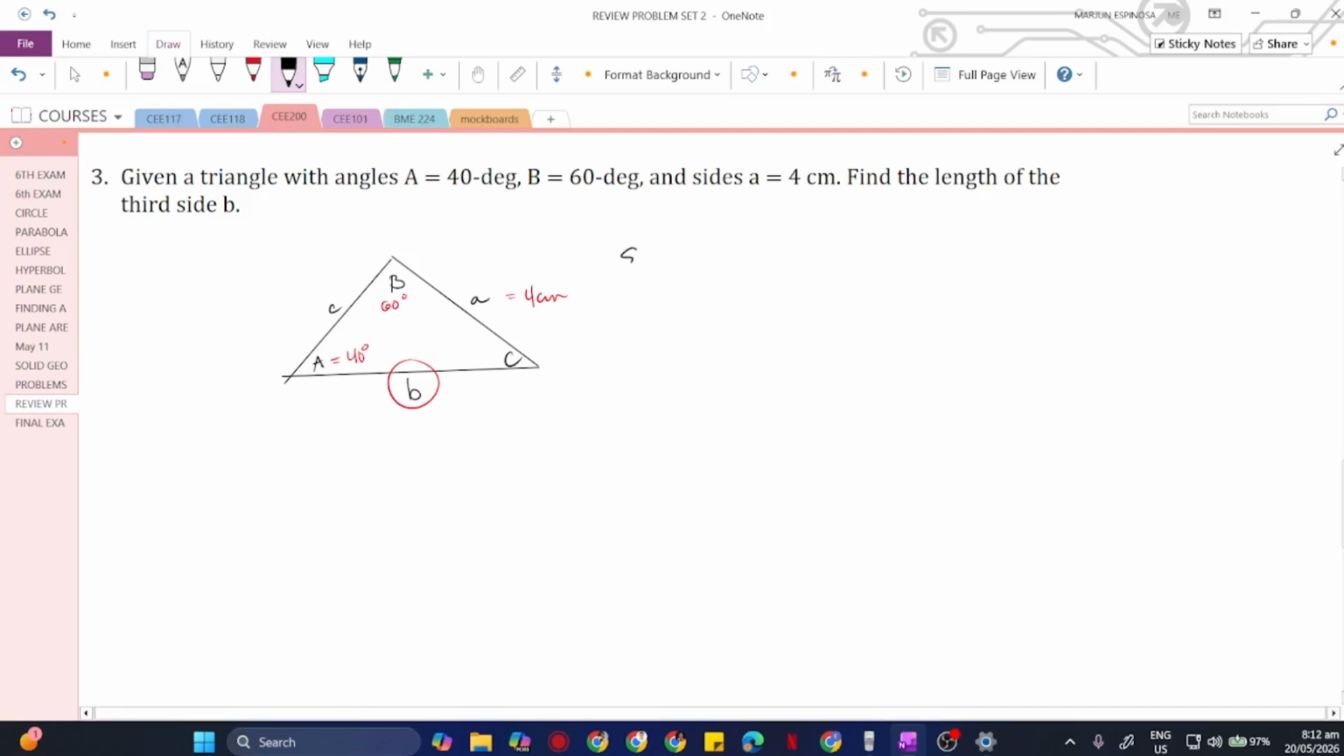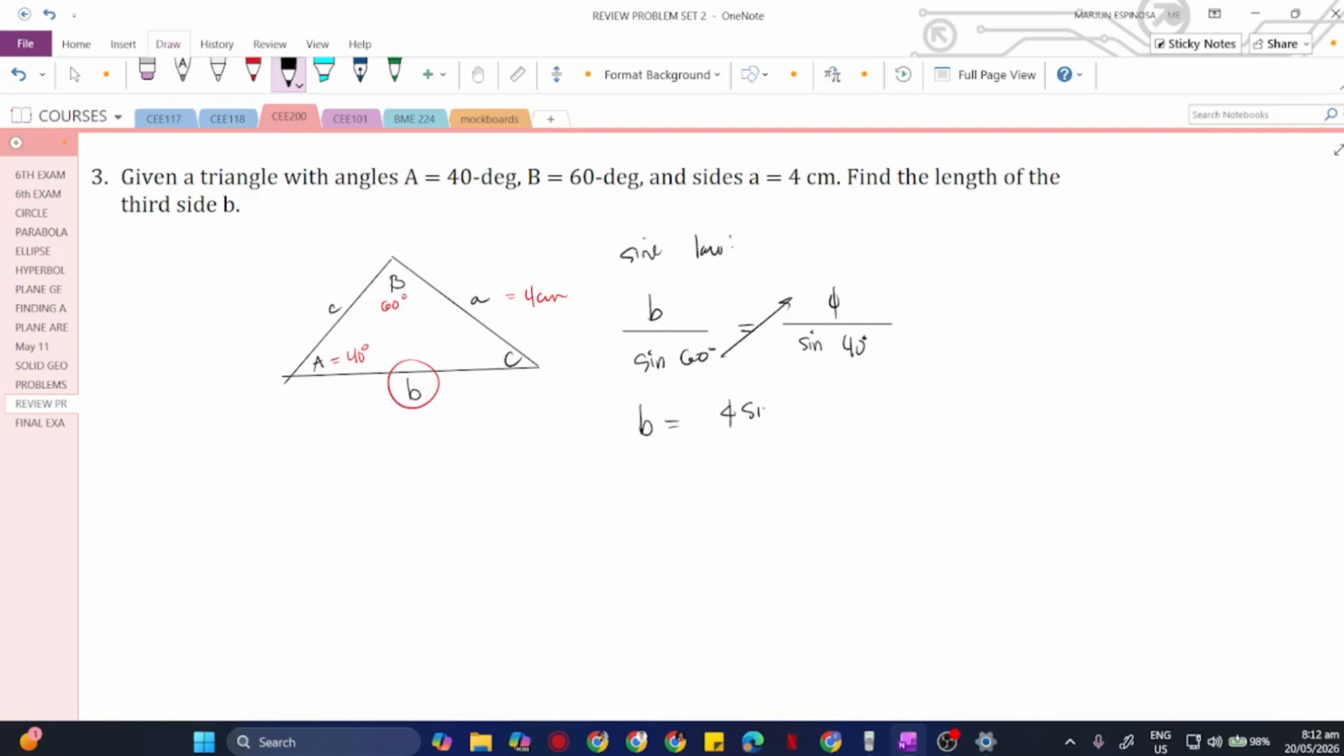So, we can use the sine law for this. Let's solve for the value of side B. Basically, we have side B and its opposite angle. Sine of its opposite angle, so that is 60 degrees. Now, that is equivalent to our side A, which is 4 centimeters, and its opposite angle would be sine of 40 degrees. So, cross multiplying,